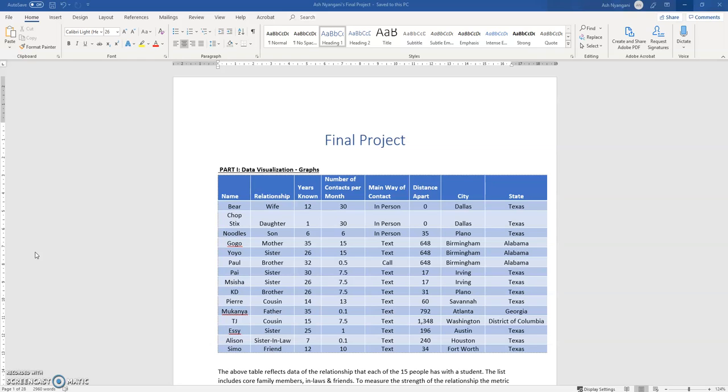To start off, I have the data in a table, with the names in the first column, not actual names used. So we have bear, chopsticks, noodles, go-go, yo-yo, those kind of names. And then in the second column you have relationship, and how are these people related to that particular student or